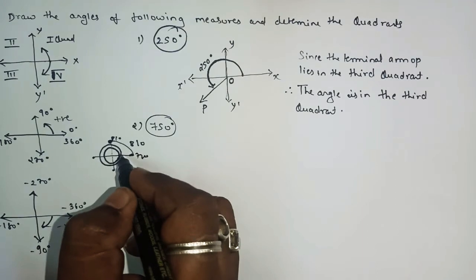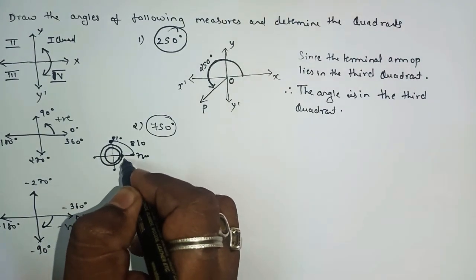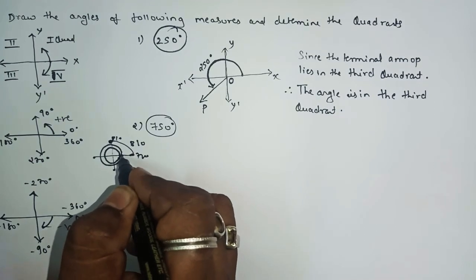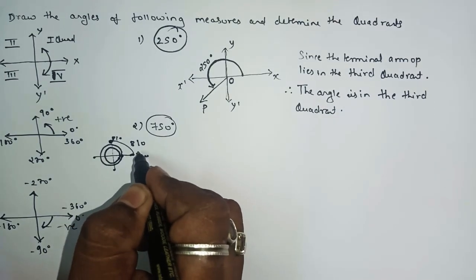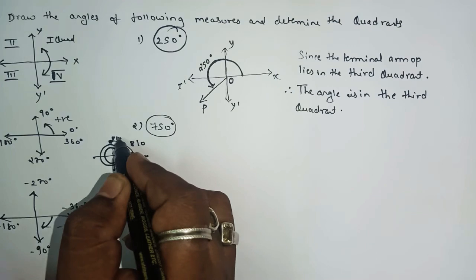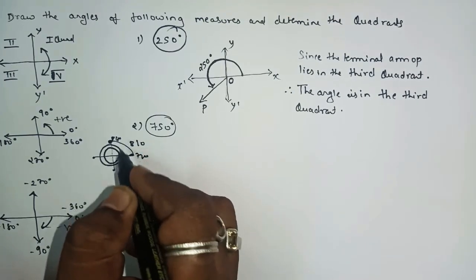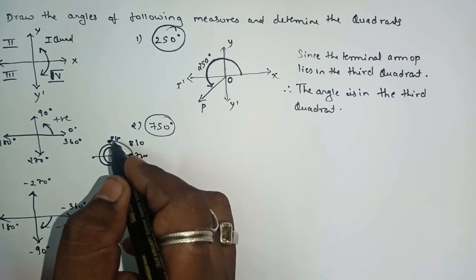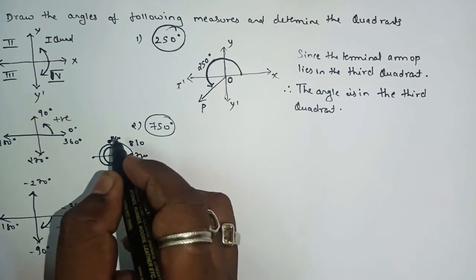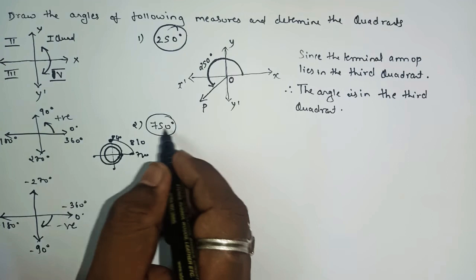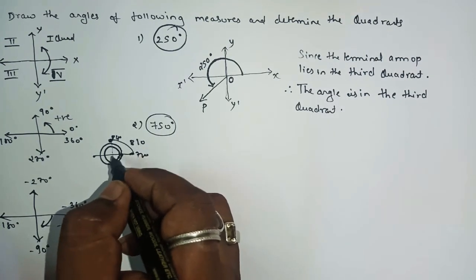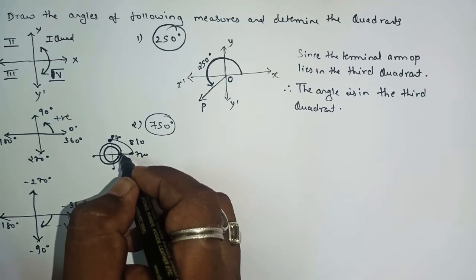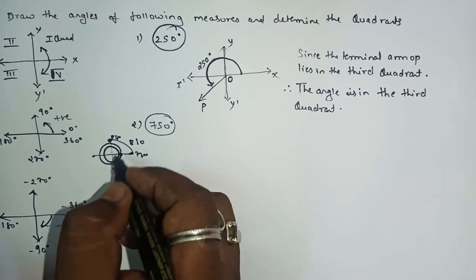Got the point? One rotation means 360 degrees, second rotation means 720. We know the difference from one quadrant to the next is 90 degrees, so 720 plus 90 makes 810 degrees. Between 720 and 810 degrees, 750 lies somewhere here. So after two rotations, the 750 angle comes in the first quadrant.